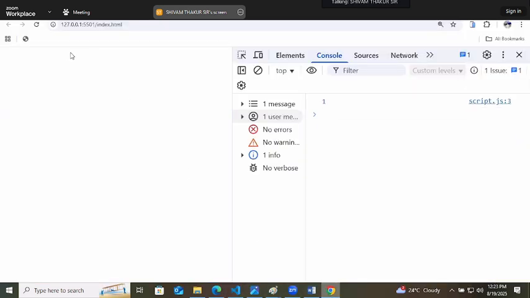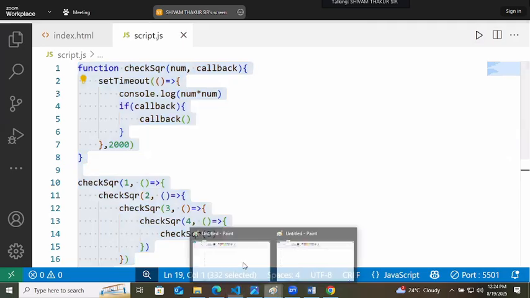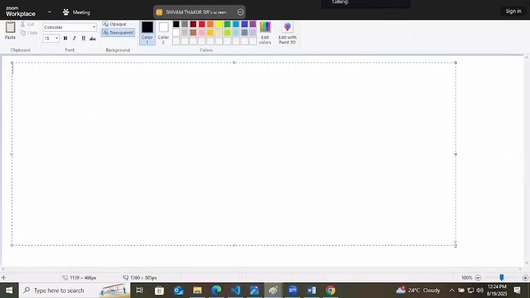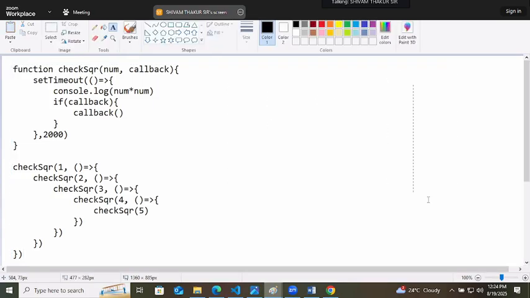Let's go back, and 1, 4, 9, 16 and 25. Now it is giving us the output in the way we want. Giving or not? Yes, it is giving the output in the way we want. Nested callback.